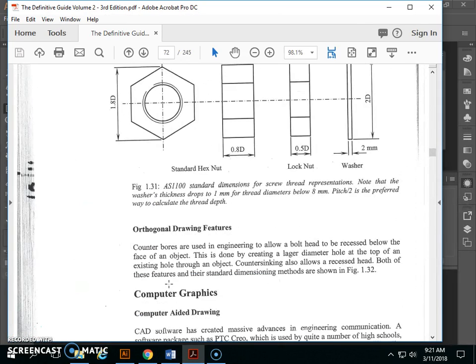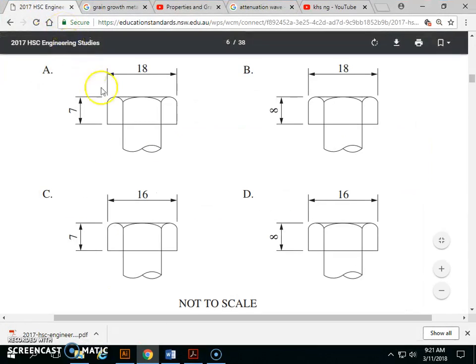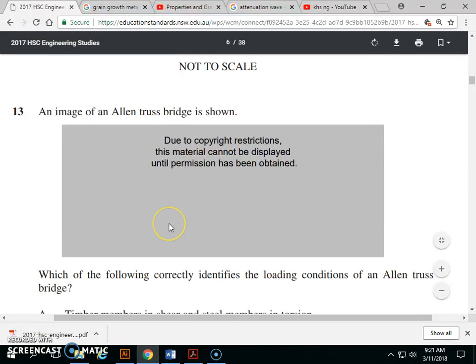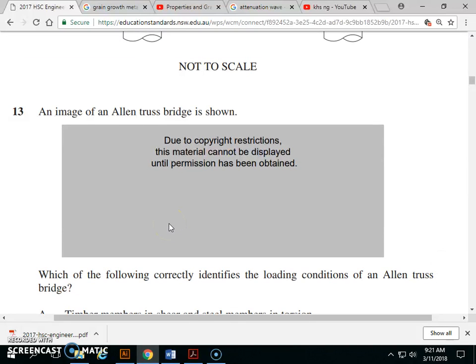I'm continuing on part 2 of the HSC examination, the 2017 HSC. We're up to question 13, and the next picture here would be a picture of an Allen truss. Now I have a picture of this because I took the exam, but it doesn't matter what it is